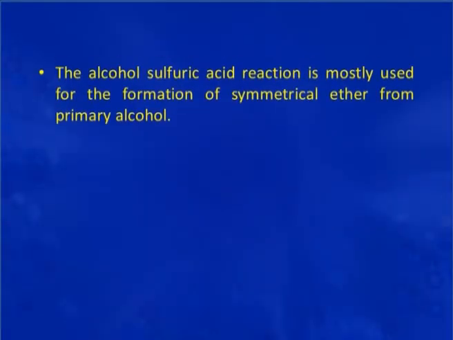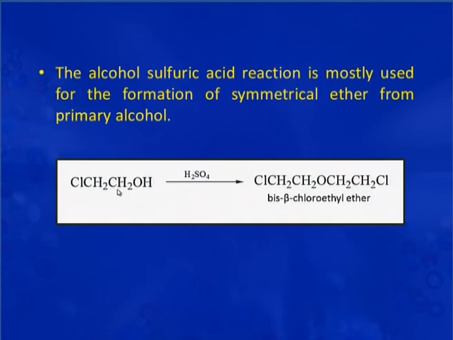So, in other words, we can say that if we want to prepare ether from a primary alcohol, then dehydration of alcohol is a good method. But if we want to prepare an ether from secondary or tertiary alcohol, then that is not a very good method because yields there are quite poor. In case of the reaction of 2-chloroethanol with sulfuric acid, the symmetrical ether formed is bis beta chloroethyl ether, which again is an example of the